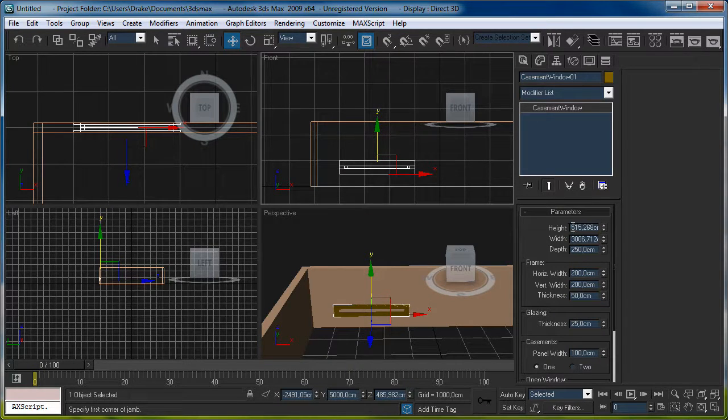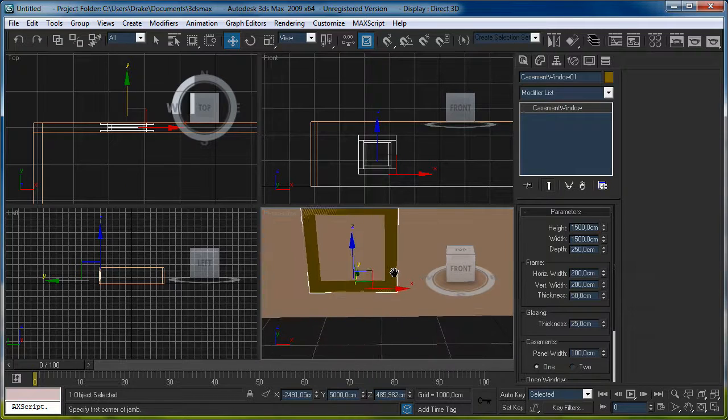The height, I don't know, maybe 1 meter. No, 1 meter is 150. Okay, the width should be, I don't know, 1 meter. No, 150 again. 500, sorry. And the depth 250. Okay, as you see,